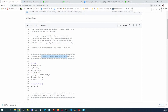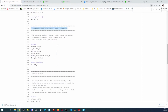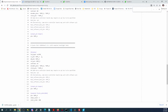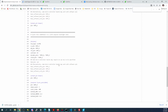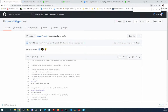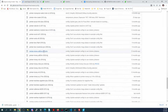So let's see. It says what type of display. So you can see there's different types. MKS Mini. I don't see a TFT yet. There's FiSec Mini, which is similar to the ones above. NeoPixel. So I don't see an example of a TFT in here. Then there's Raspberry Pi config. So I guess there's some more information that you can look up, but this actually is very useful when working